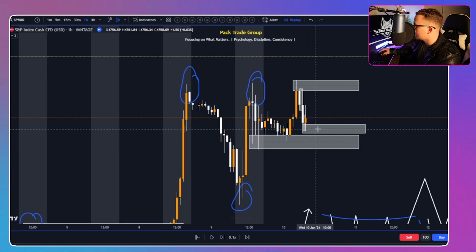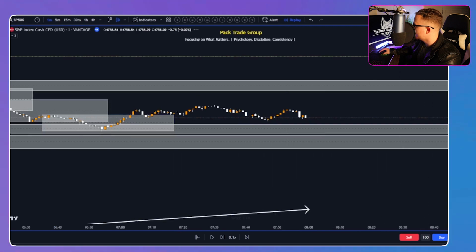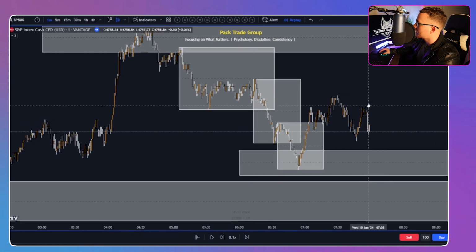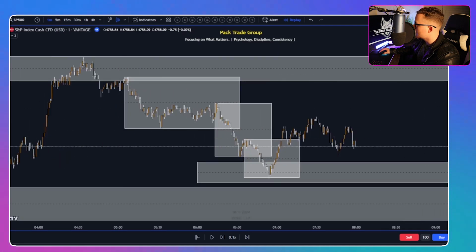Okay, so now we reacted up. We're just waiting for a reaction off this buy area. Now let's go to the 1 minute. So now in the 1 minute, if we know that there is an objective bullish presence in the market, I'm not going to subject myself to shorts. That's where we use the market structure off the 1 minute to get us into our entry along with 1